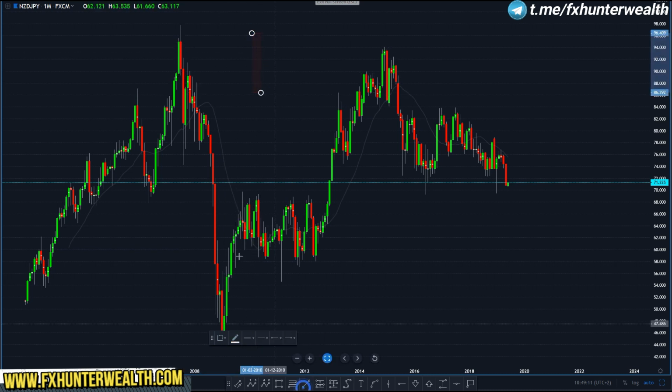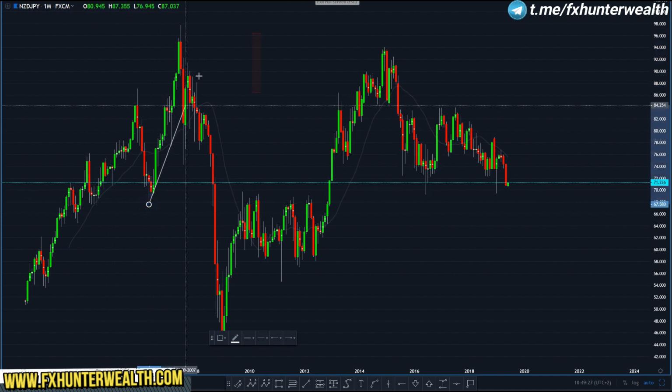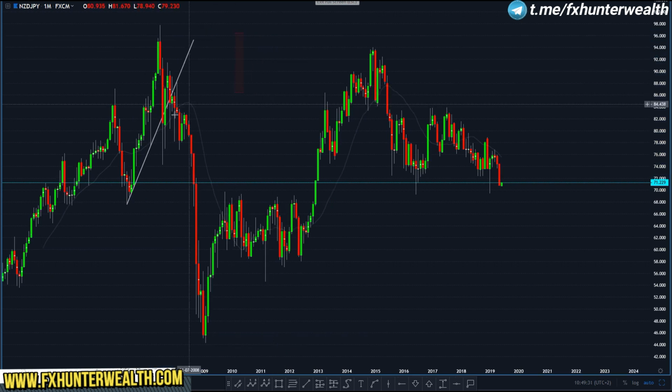I'm starting on the monthly chart, so I can do it from the beginning because there is not too much movement. I have to draw the trend line. As I said, I start from the beginning, so I'm drawing it from the last impulses. It's these two. So here we had this trend line, and now I have to draw when this level